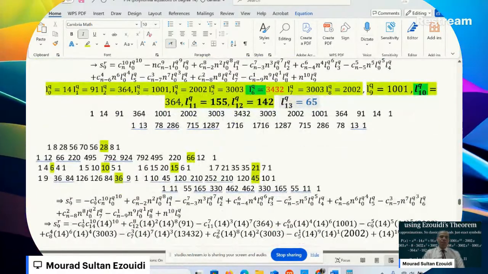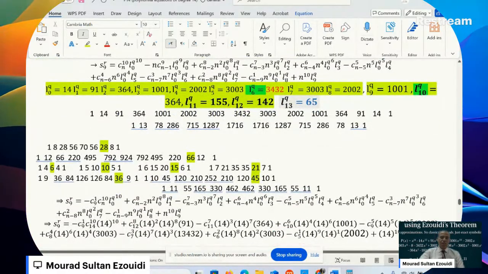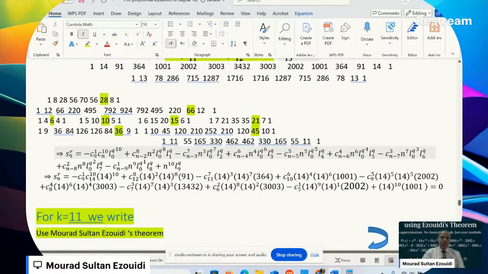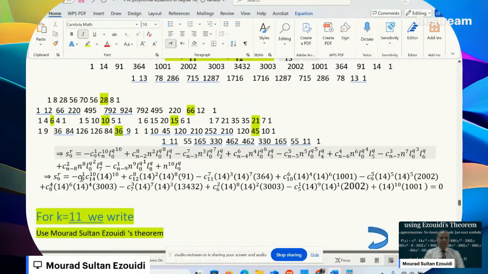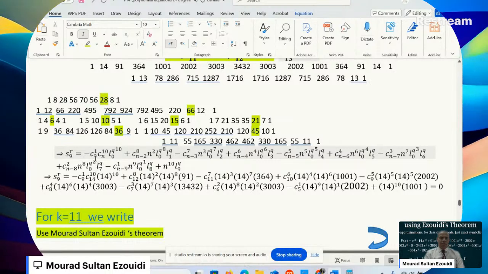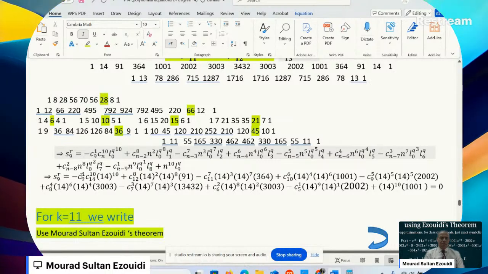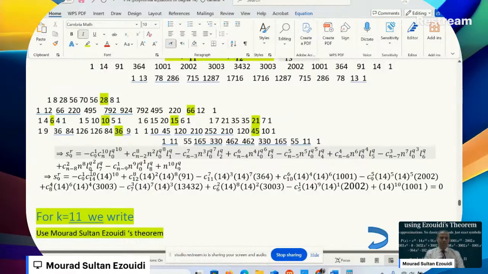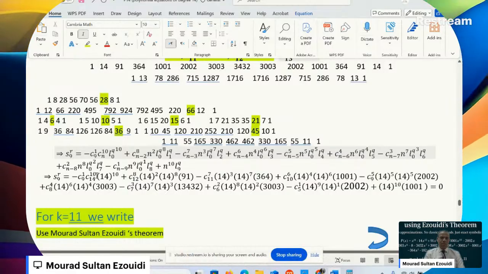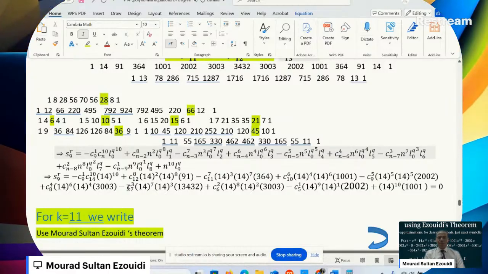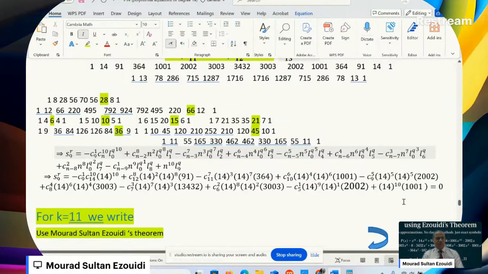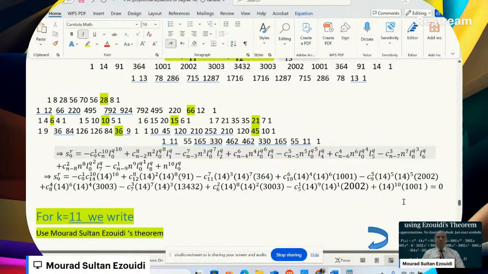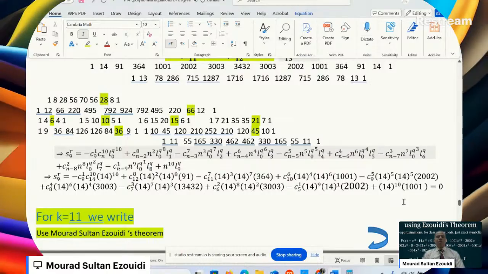of this new 14th degree form equation. Here, just substitution. Okay, just substitution. Negative combination 9 choose 1 is written here. N choose 10 means the N is 14, choose 10. So just make your own calculation and you will see that in fact this is going to be equal to